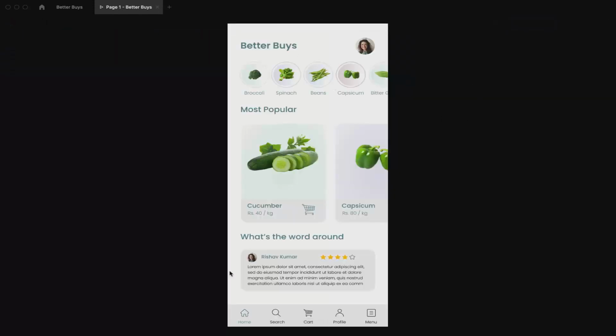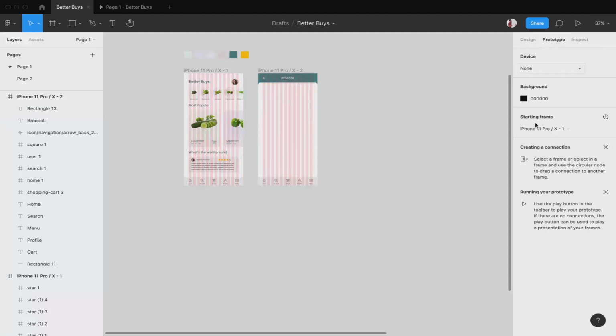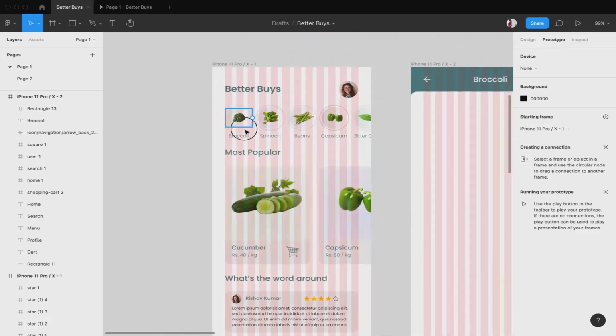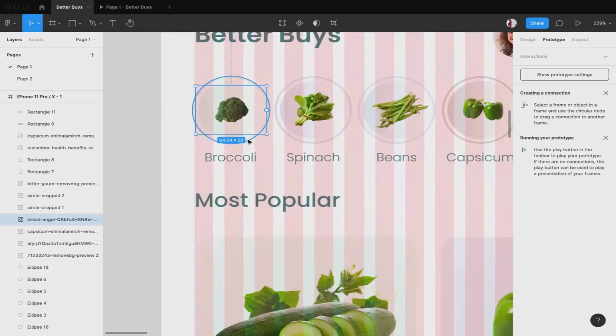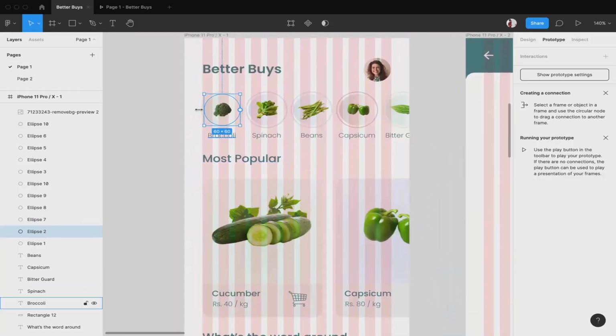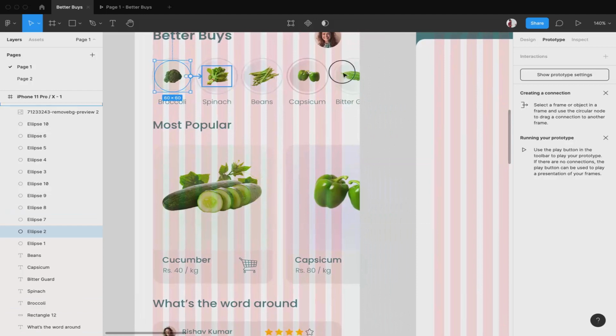Okay, so this is the first screen only. Now let's navigate from here to this screen, from this screen to this screen, which in designer's term is called prototyping. Over here this is design, and then you have the prototype section. Now what you need to do is simply select this, the circle, not the image but the circle would do better, the inner circle to be more specific. Once this circle is selected, you can see a bold dot over here. So all you need to do is click on that and then drag it to the screen where you want it to navigate on clicked.